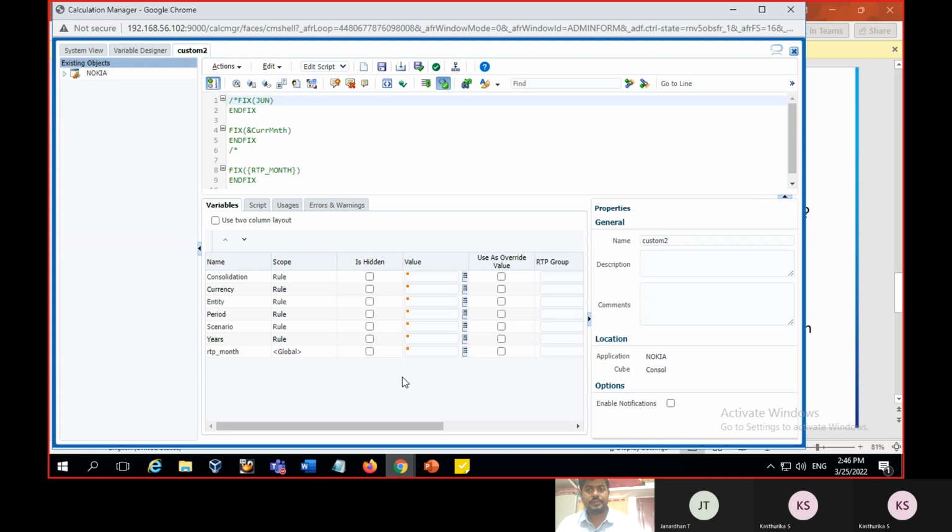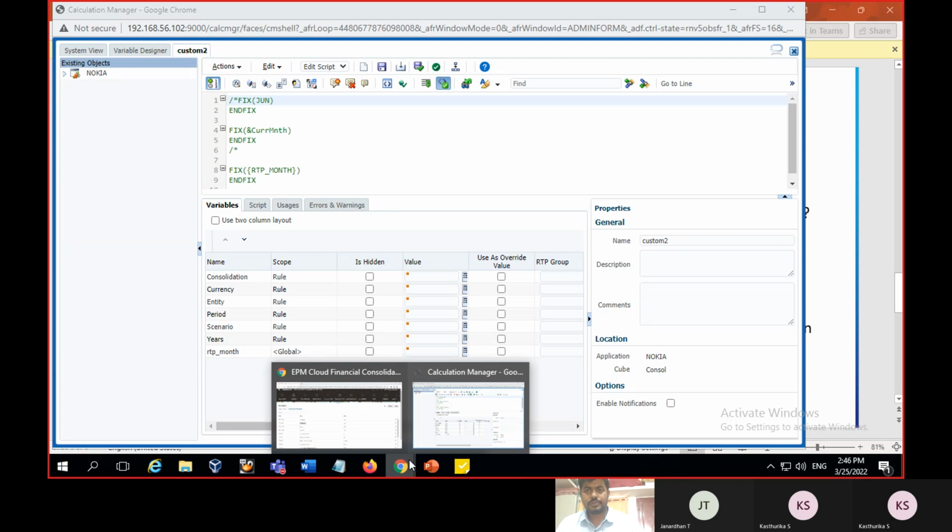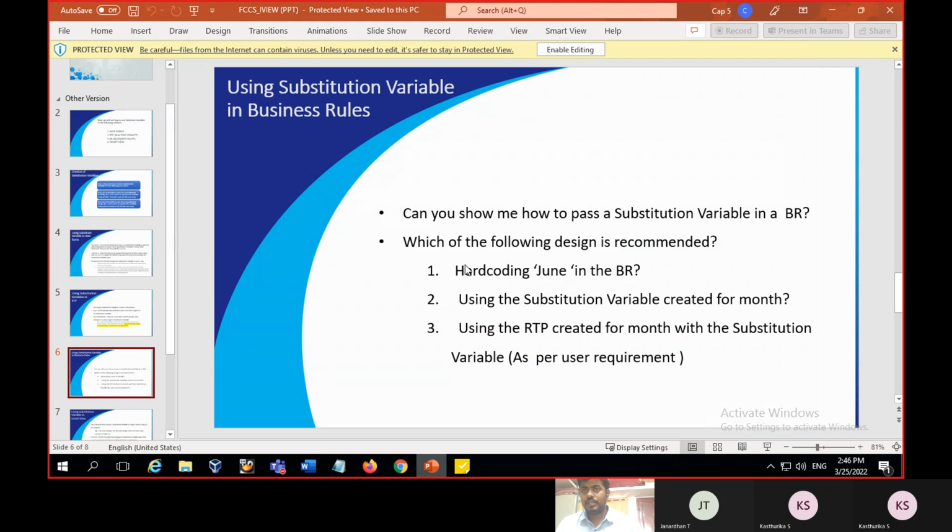So in this case I am creating this one. Coming to the PPT, which of the following designs is recommended? Hard coding June in the business rule, using the substitution variable created for month, or using the RTP created for month with the substitution variable as per user requirement. Of these three cases, I recommend using the RTP created for the month with the substitution